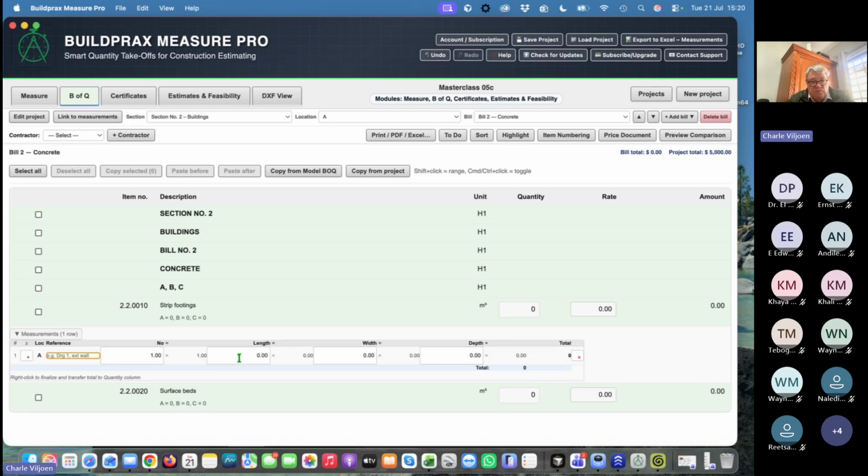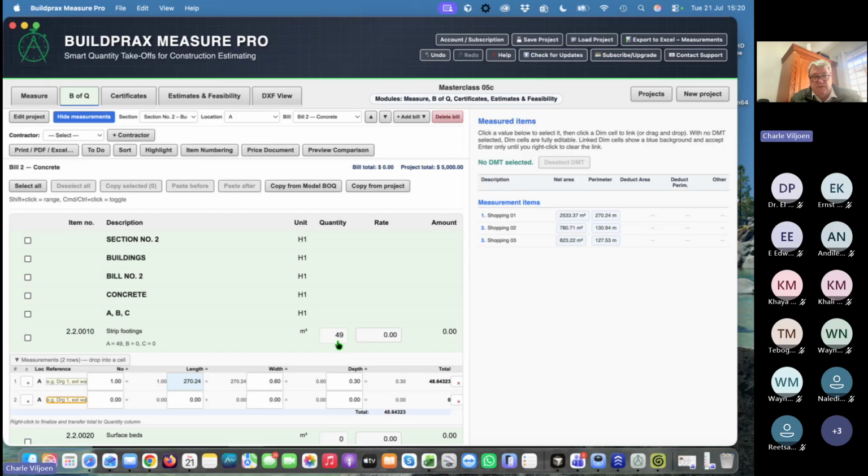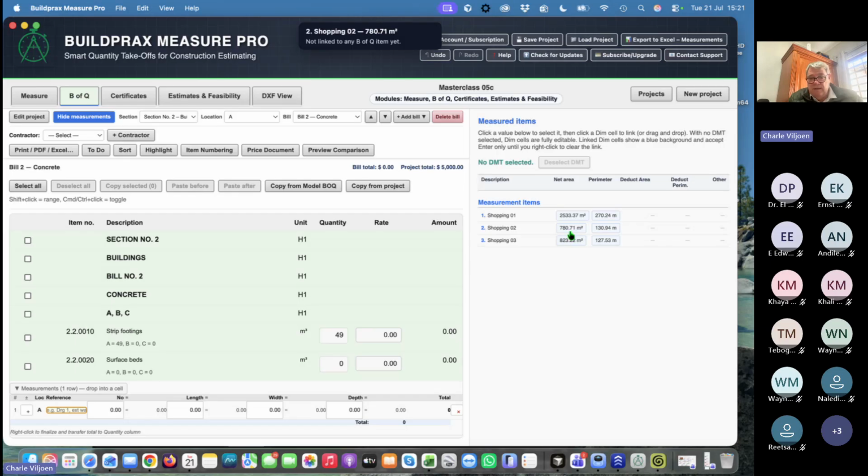So measure this one, and we link it to the strip inner, and we link it there. The width is 0.6 and 0.3 thick, and there's our external walls for that one, for instance. Or if we want to have our slab measured, it is there, and it is one, and that slab is